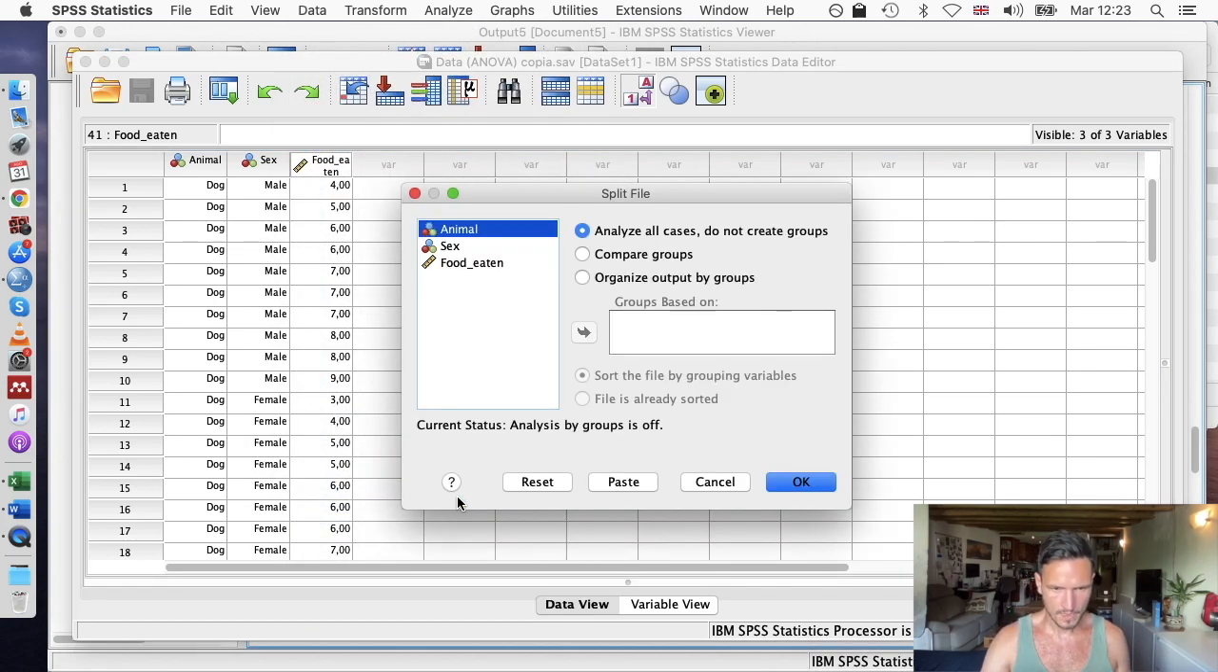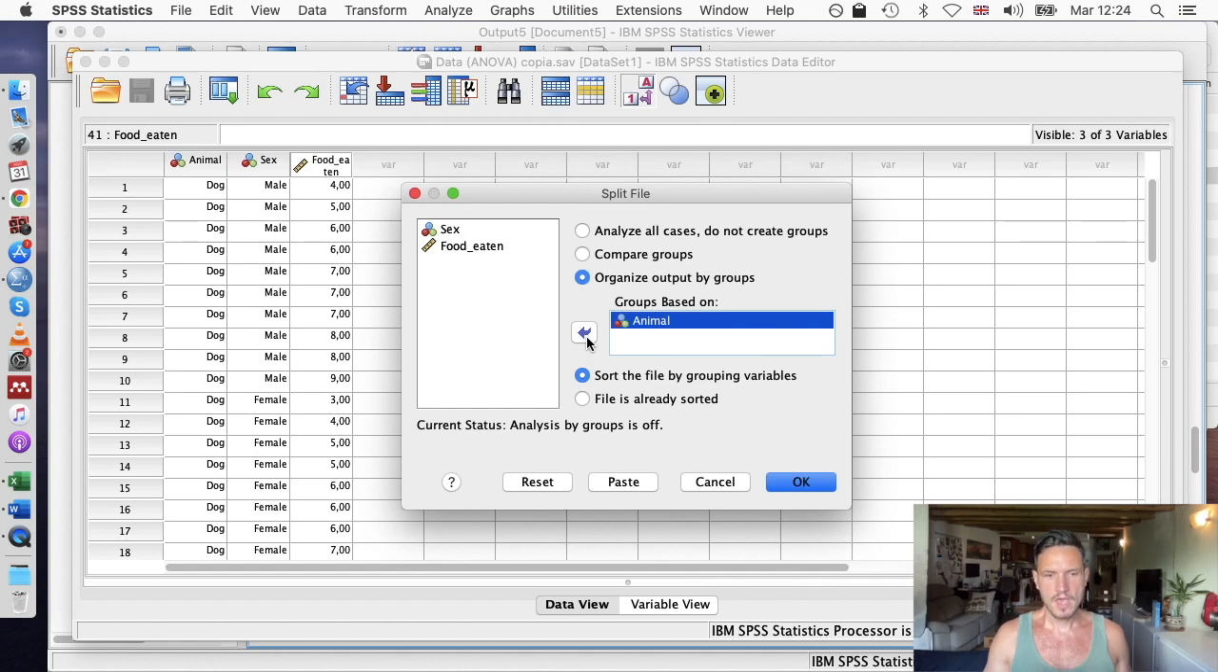Okay, so we've already looked at males and females, but we didn't look at whether that was dogs or cats. So I've selected organize output by groups, and now we're going to transfer animal into this box here. What this is going to do is divide any outputs we produce after performing analyses into dog and cat. So basically every analysis we do, if we have this option selected, is going to be divided into dogs and cats. So if I go to OK,